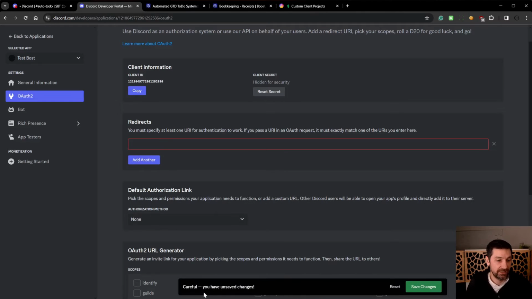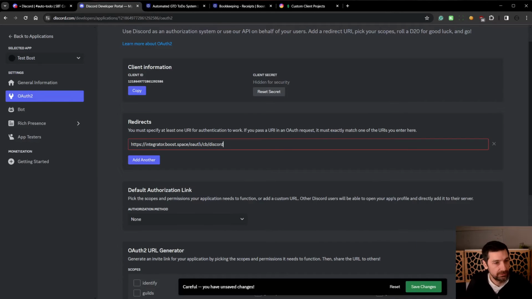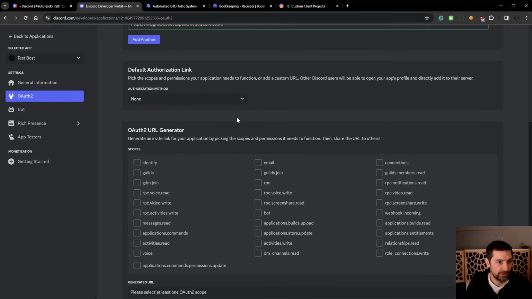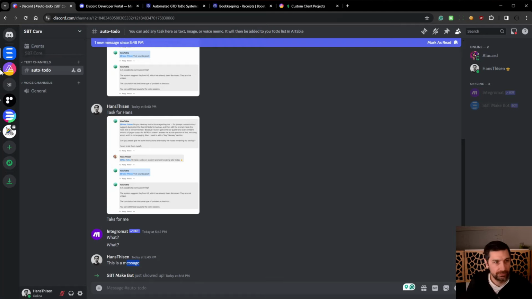We need to add a custom redirect. This is, I think, what we have here. We add that in, save. Then we go down. Generate. Let's see. We need to say bot here in the OAuth URL, because we need to add the bot to